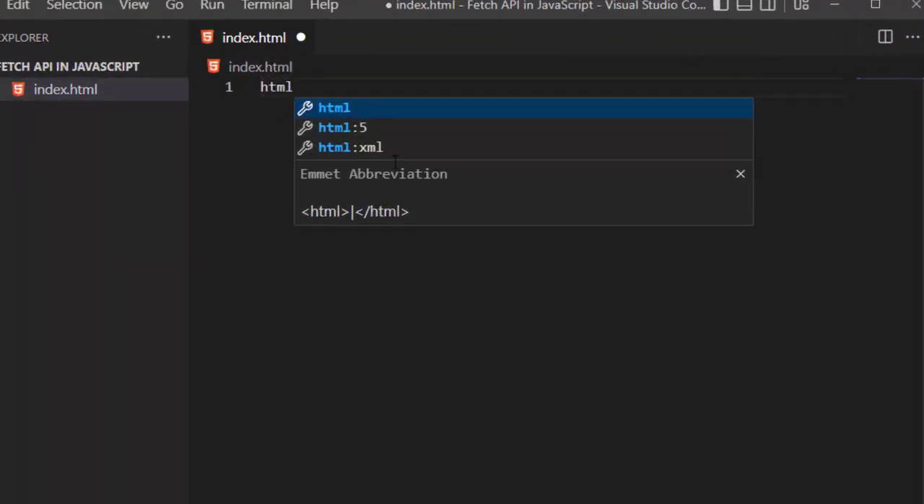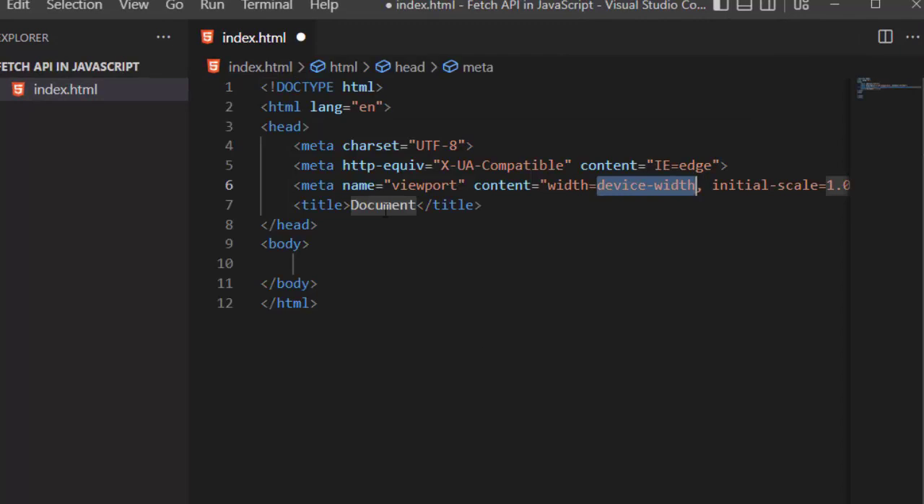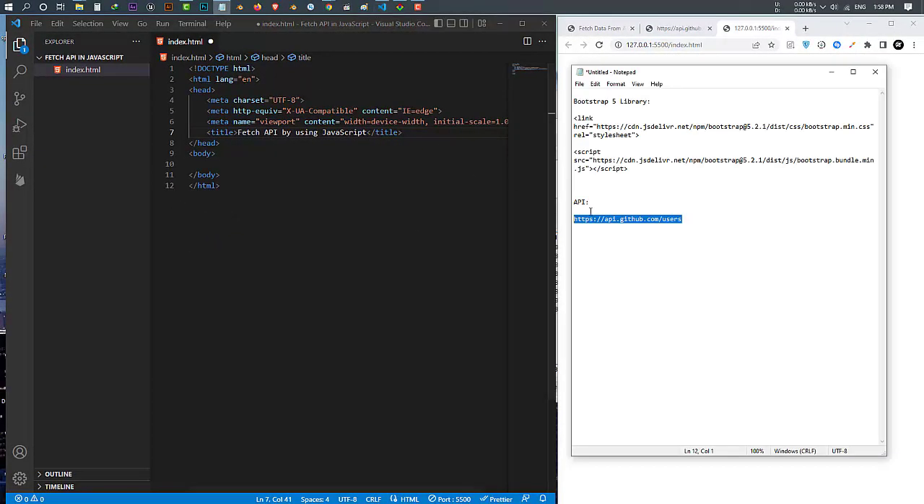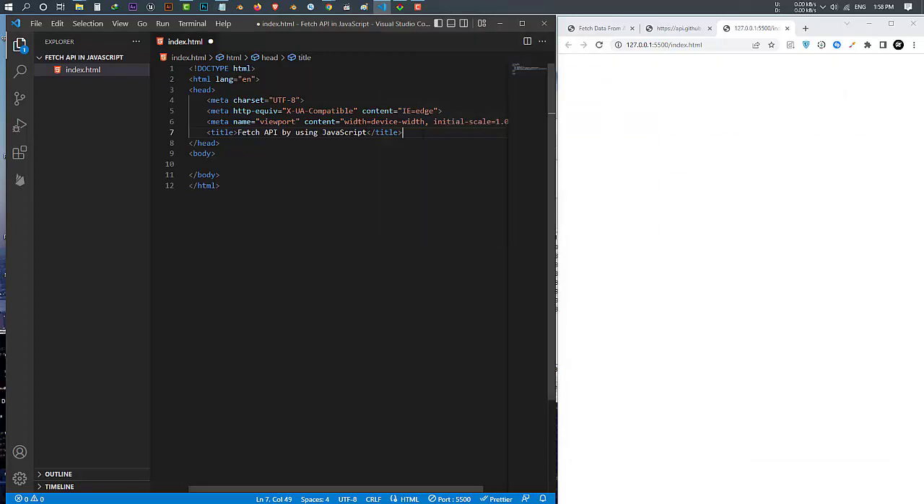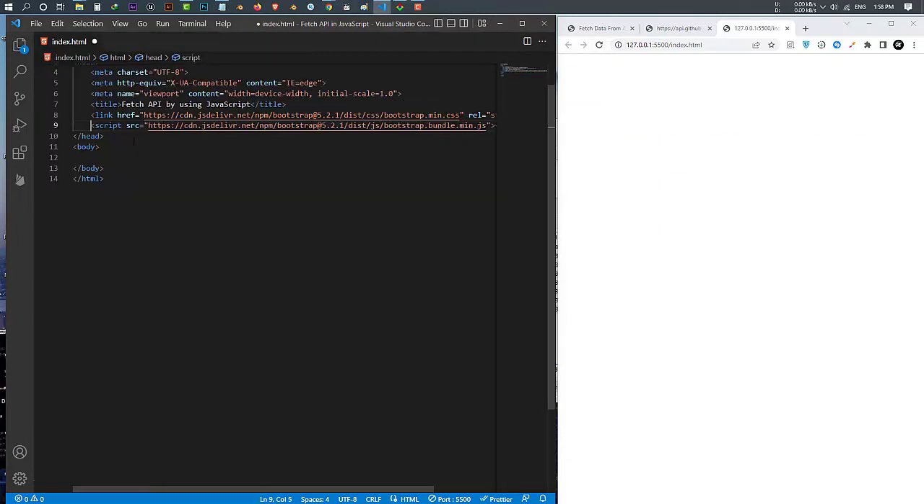First I'm going to add the basic HTML5 structure. I give it a title, fetch API by using JavaScript. After that I'm going to also import the Bootstrap library. Okay, in the body,